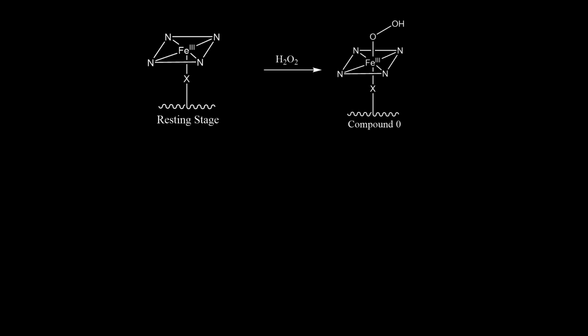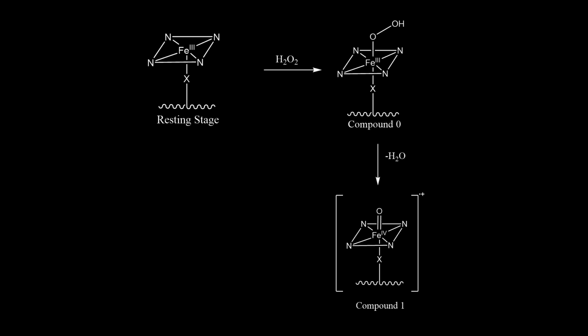The mechanism of catalysis proceeds through 4 important compounds. In the resting stage, the active site has an iron in +3 oxidation state. The hydrogen peroxide then attacks the iron center to form an octahedral compound 0. It then loses a water molecule along with oxidation of the iron center to +4 to give compound 1, which